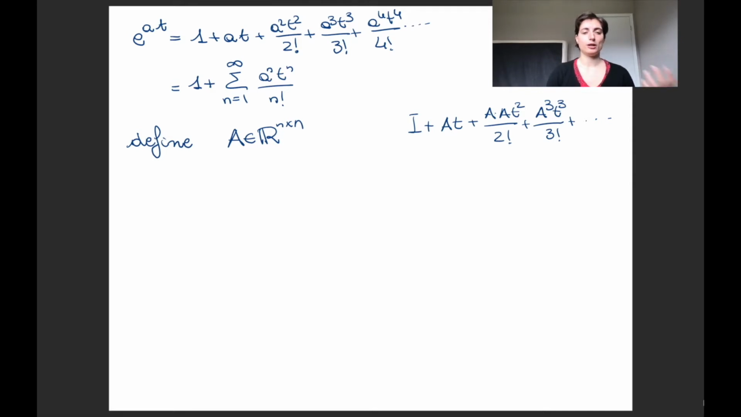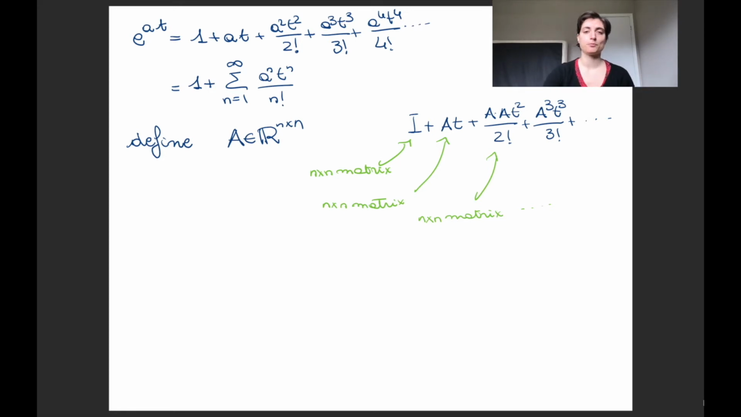But we can define for a square matrix the series that has the same shape. So instead of a being a real value, we now have a being a square matrix. Because A is square, we can easily multiply A by itself. So now we have the identity matrix instead of 1, plus a matrix multiplied by t, plus A times A multiplied by t squared divided by 2 factorial, plus A to the third t to the third divided by 3 factorial, and so on. We can rewrite this, and we notice that I is an n by n matrix, A is an n by n matrix, so A times t is an n by n matrix, and every single term in here makes sense in the sense that it has all the same shapes of being n by n matrices, so we